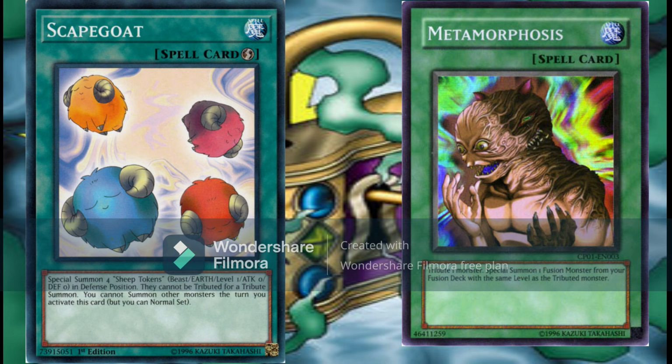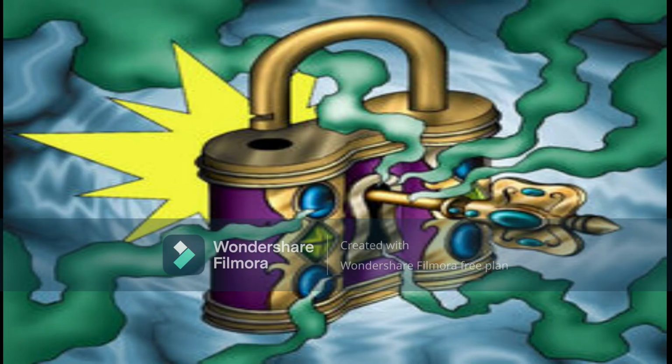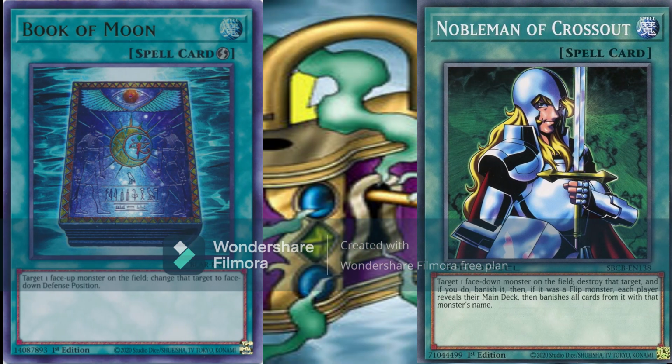2 if we're light on resources due to either bricking, which can still happen in this deck, or our attack failing. This deck also runs the GOAT staples of Book of Moon and Nobleman of Crossout. Now with Faith, Dekoichi and Mimic, Book of Moon is very good at helping us recur and gain card advantage. However, like Enemy Controller, this card being a quick play, again gives both versions of this deck an answer to Tsukiyomi, and also a way out of larger threats that we can't beat over, like Chaos monsters, especially when combined with